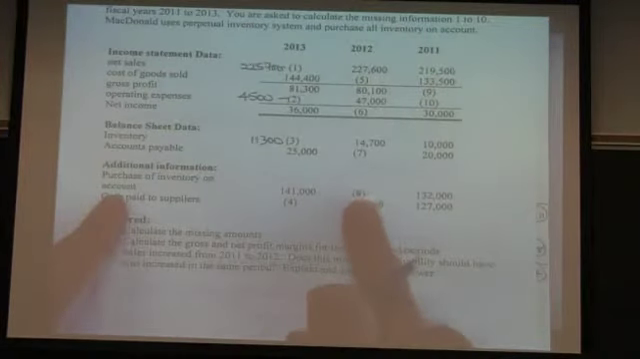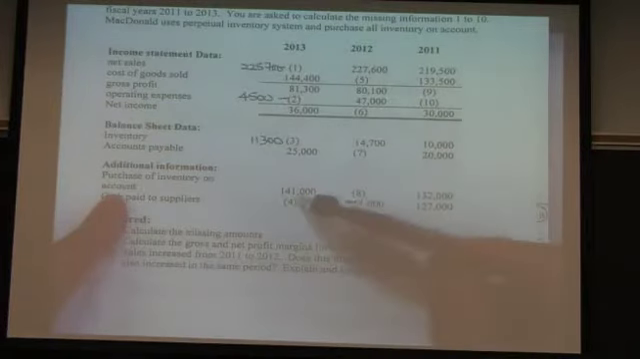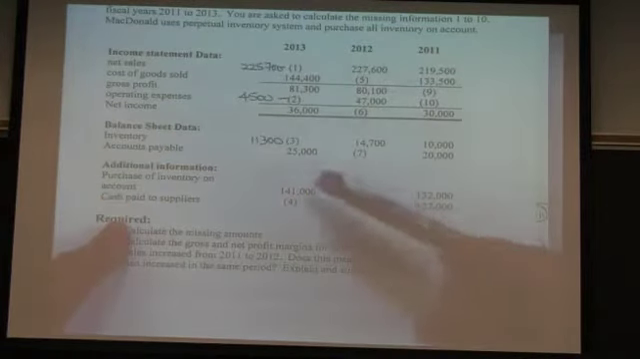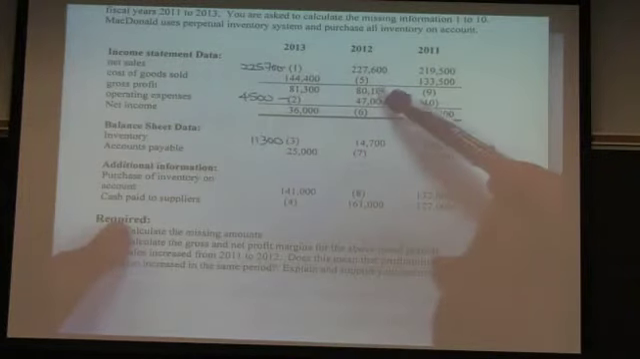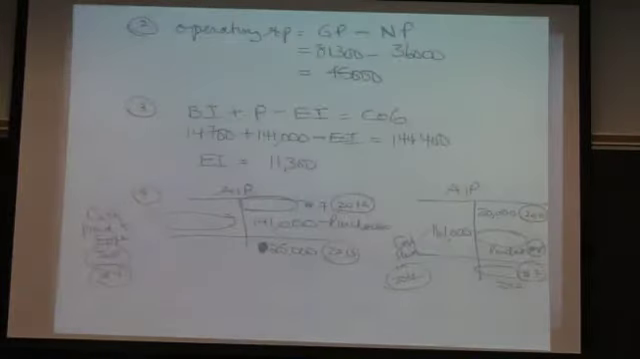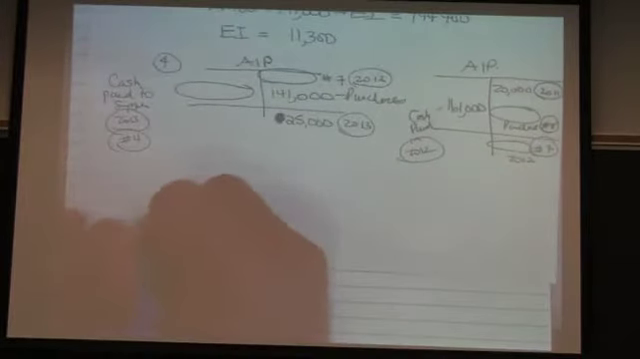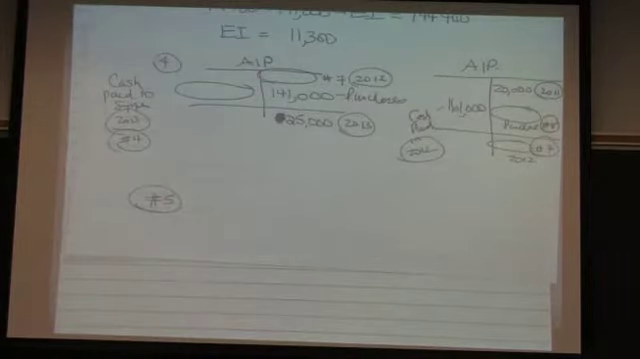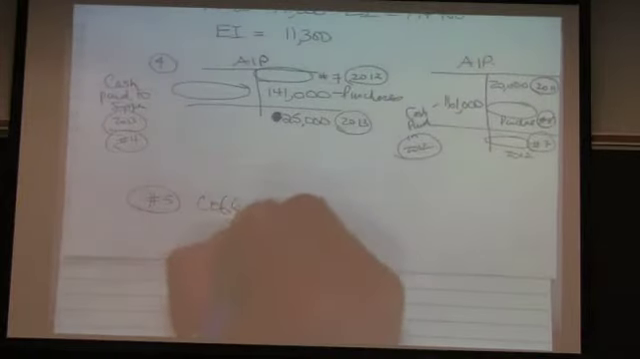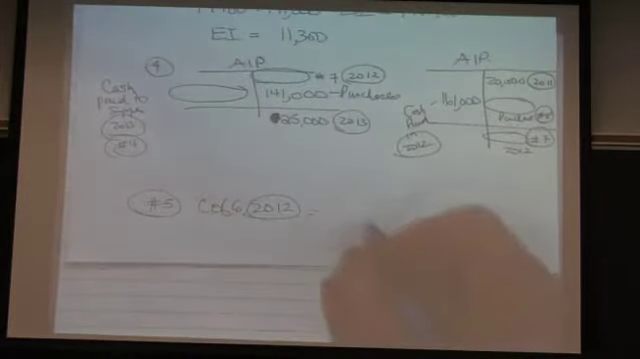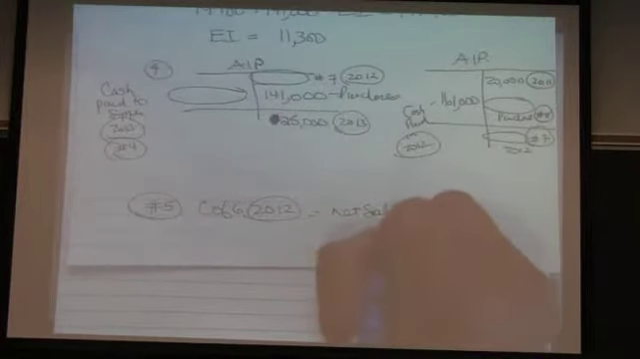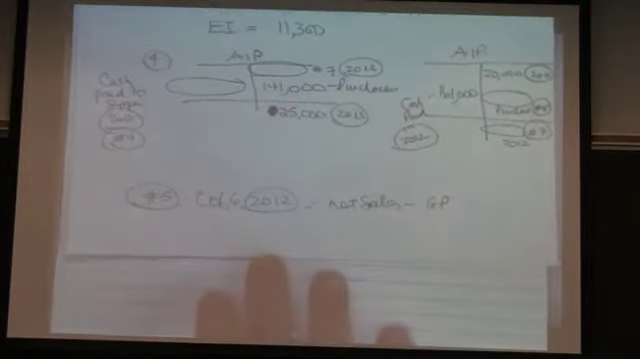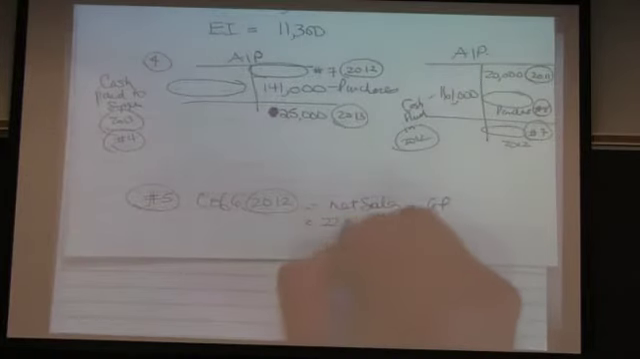Now, how did we determine purchases? Do we have the beginning and ending inventory? So we've got the beginning and ending inventory. We do have the cost of goods sold. Okay, we can figure out number 5 quickly, can't we? So let's do that first. So for number 5, we can figure out the cost of goods sold for 2012. So cost of goods sold 2012 is, we know, net sales less gross profit. So net sales is 227,600